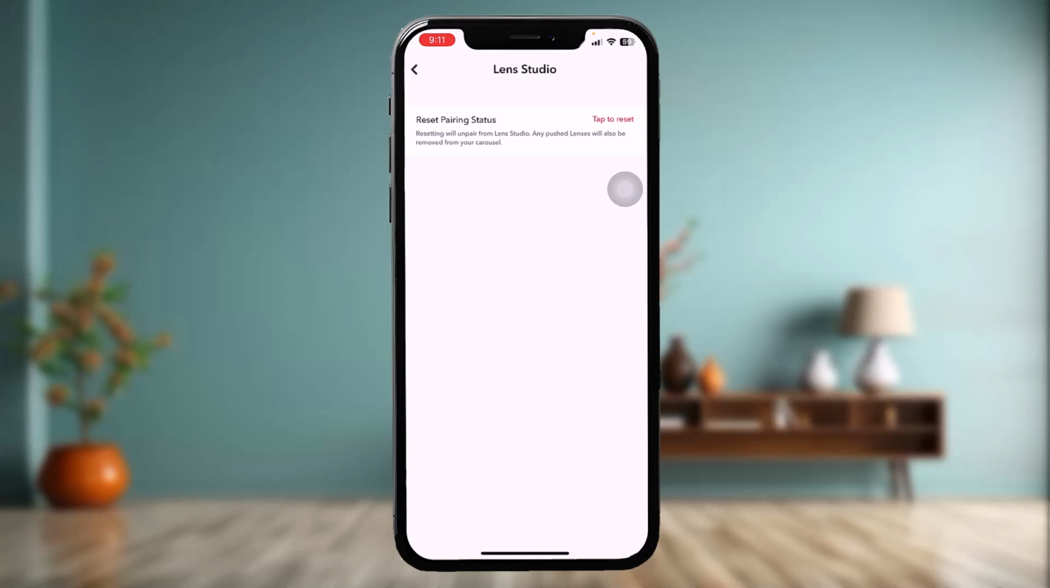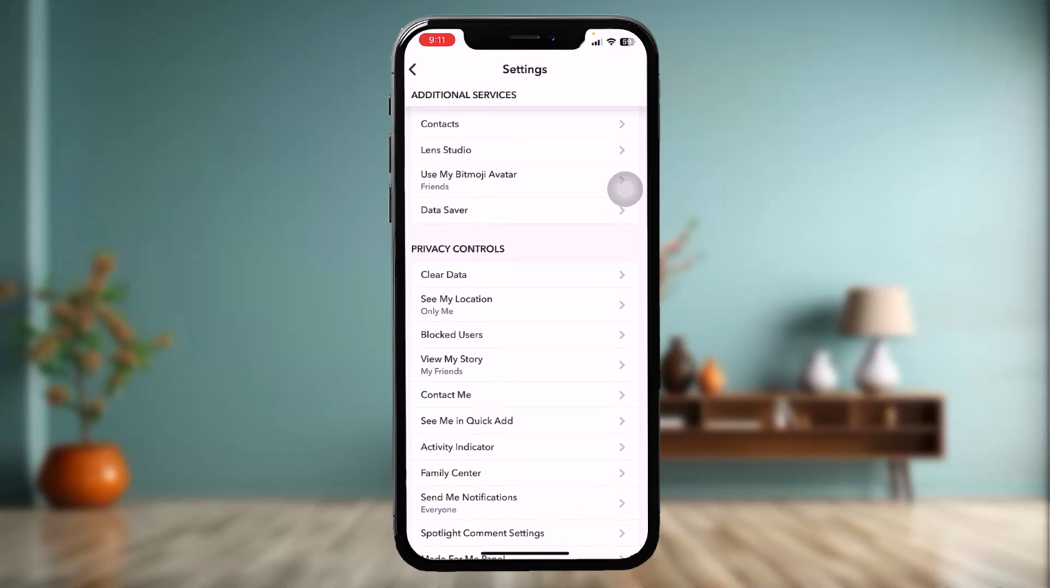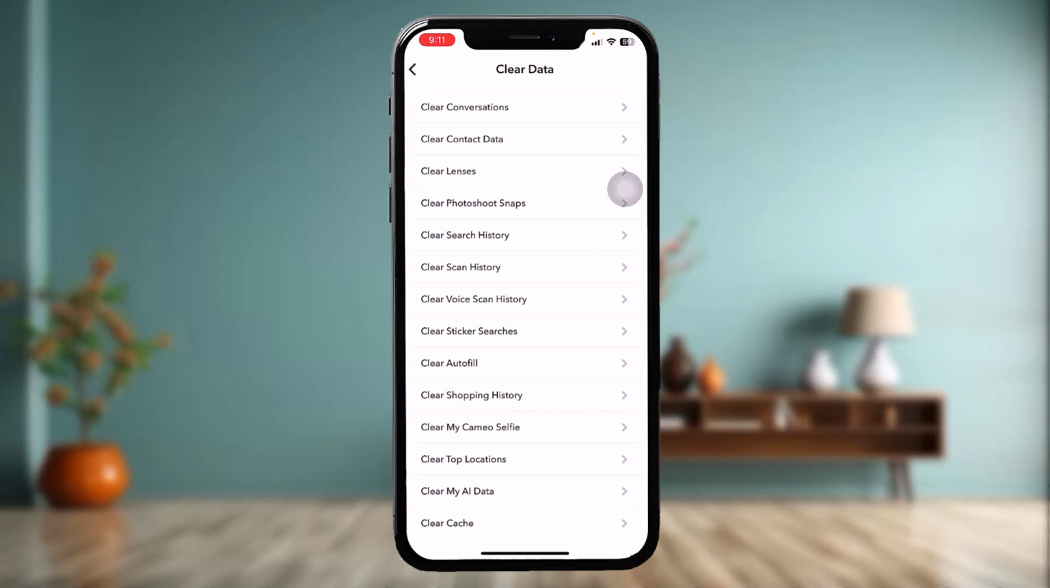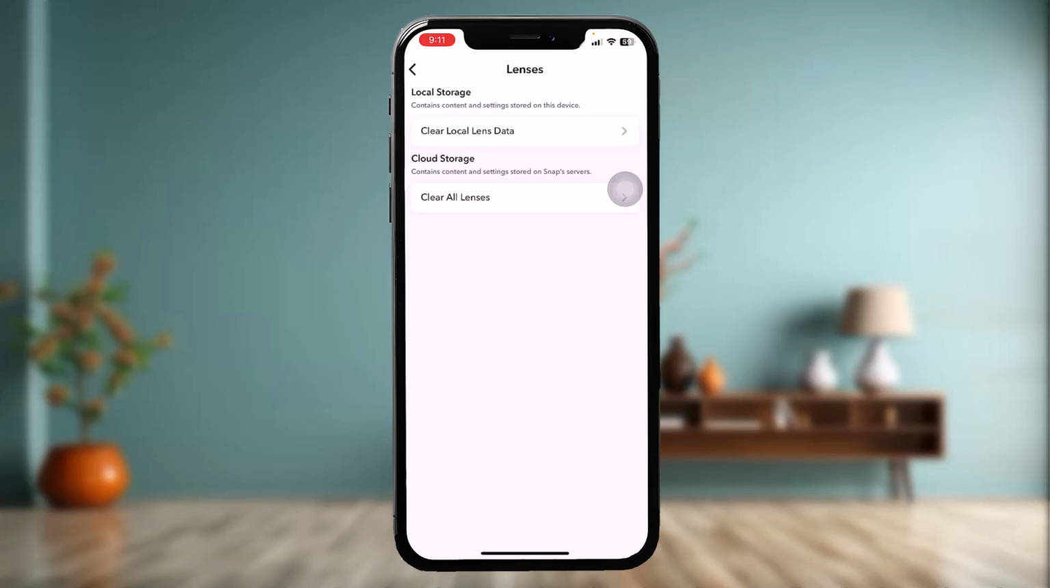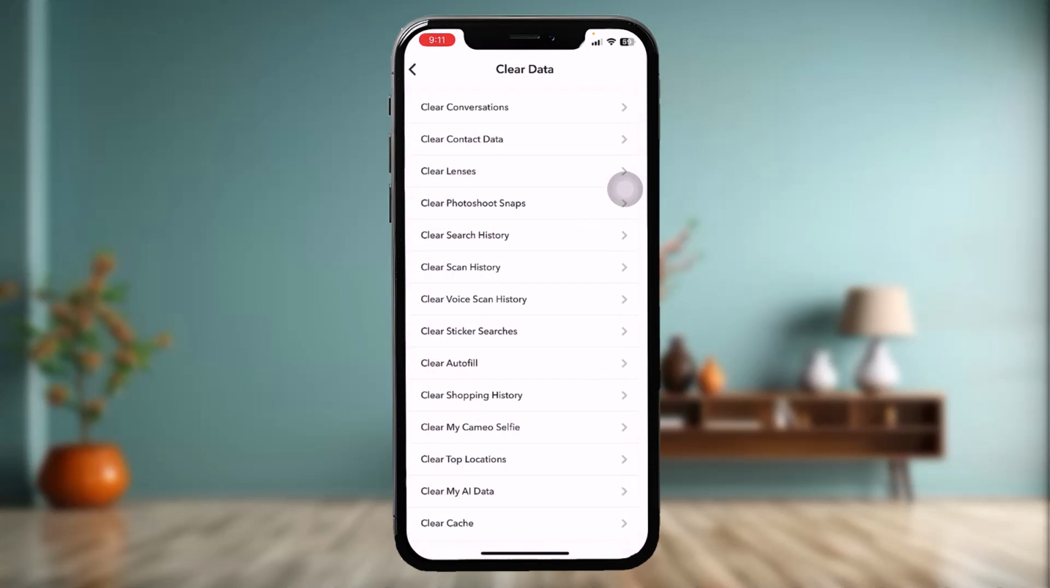Now if this still doesn't fix the issue, then what you need to do is go back, and here under privacy controls you'll find an option that says clear data. Simply tap on that, and once you're inside clear data, here you'll have an option that says clear lenses. Simply tap on that, and now tap on clear all lenses and then go back, and here scroll down